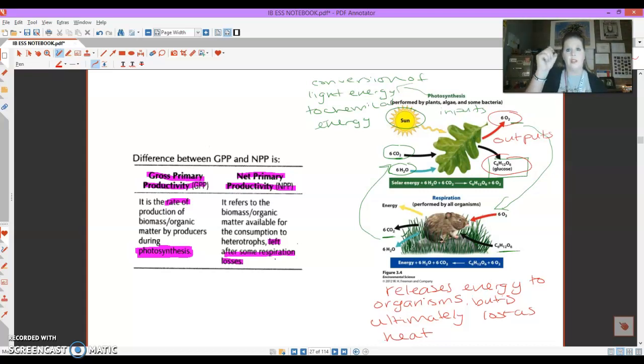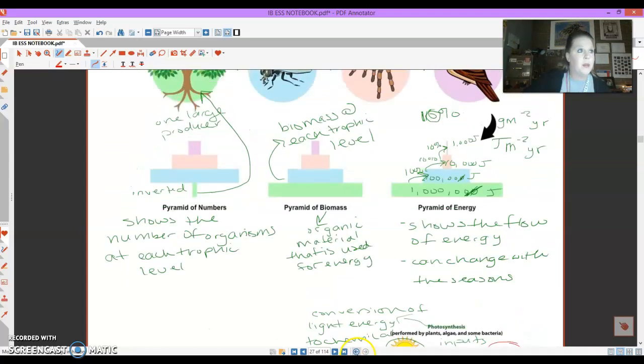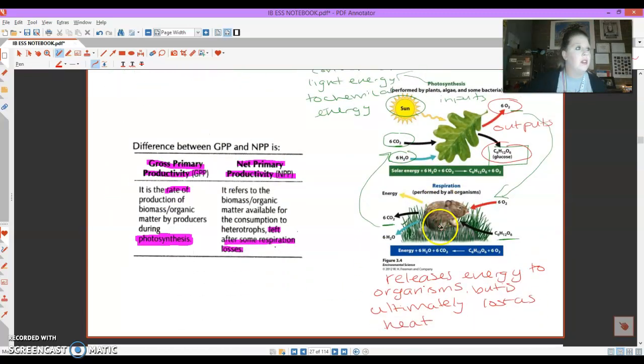When it goes from each trophic level, most of that energy is lost as heat. So if we look back up here in our pyramid, okay, like here, 10% goes to each level. Well, where does that 90% go? The 90% is what's lost as heat. Okay. All right, so now that we know the connection between photosynthesis and respiration, let's look at GPP and NPP